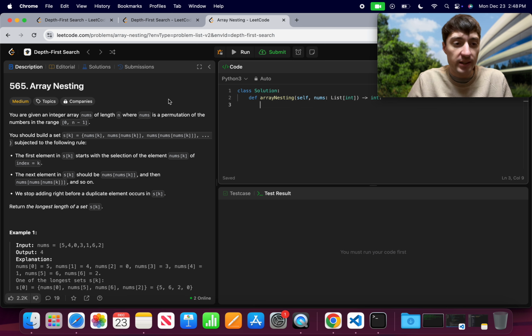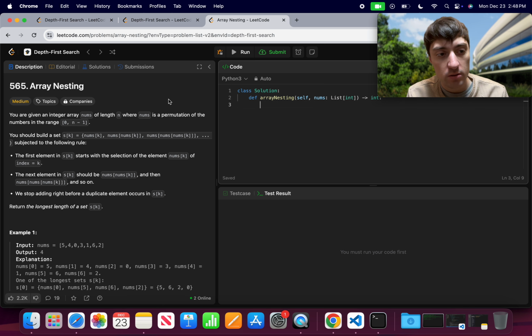Let's reread the problem statement. So 565, array nesting. Okay, you are given an integer array nums of length n, where nums is a permutation of the numbers in the range 0 through n minus 1. Okay. You should build a set. Okay, so that's what I'm returning, is a set. I should build a set